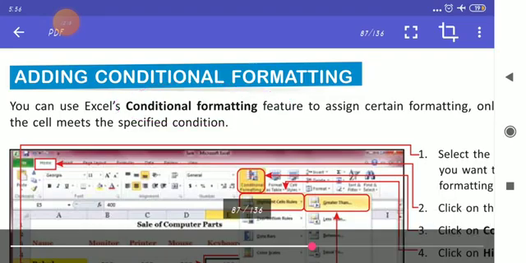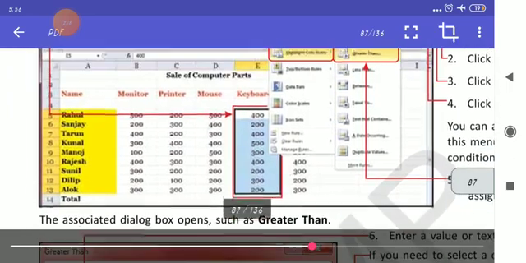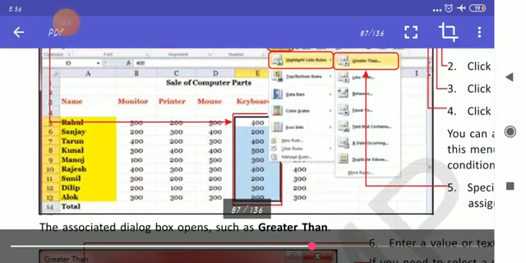So how will you do this? First of all, if you have made a table like here, it is already made: name, monitor, filter, mouse, keyboard. First we have to select a cell or range.